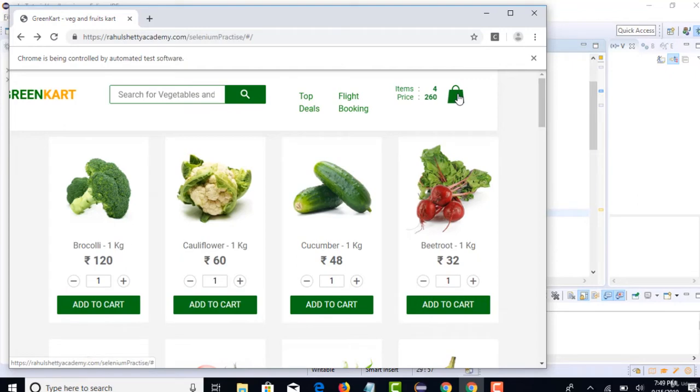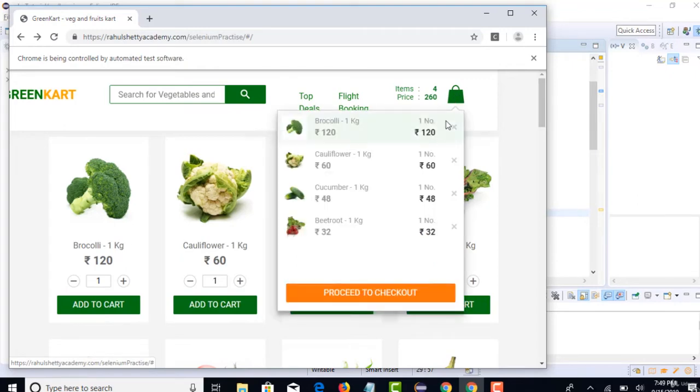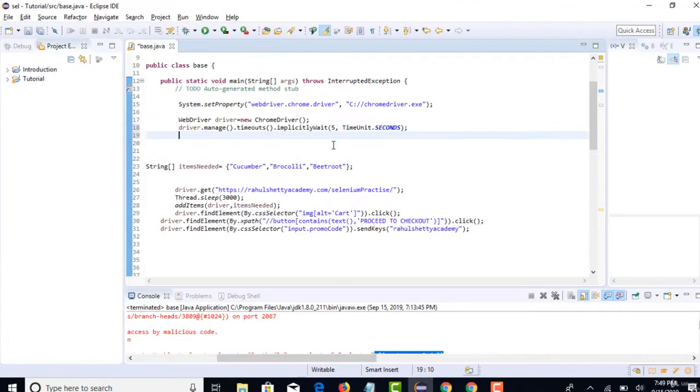If it takes 1 or 2 seconds to load, this implicit wait is still applied because it is applied on a global level, and wherever you see that some loading is happening, up to 5 seconds, Selenium will pause and wait for your objects to display.